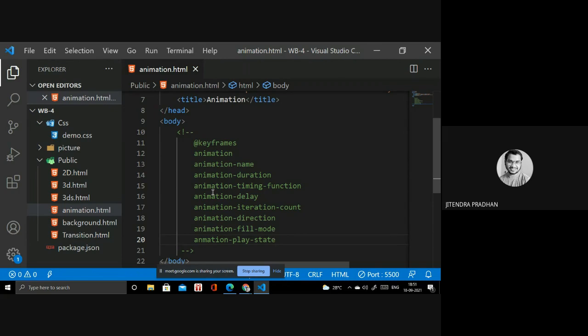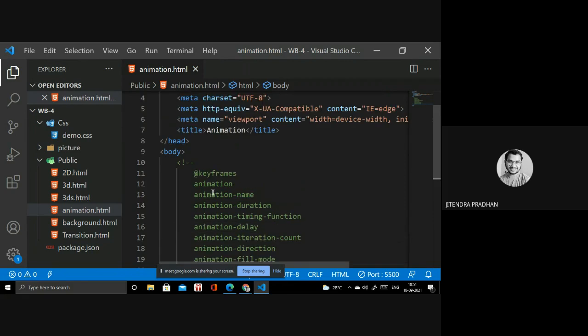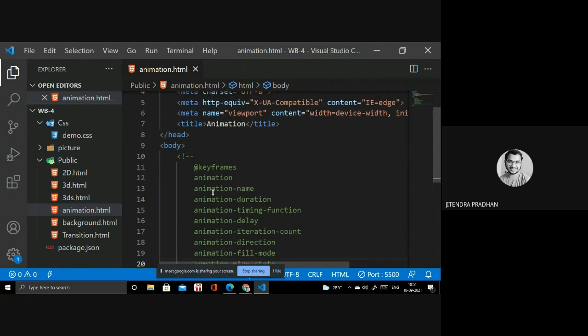Imagine a cartoon or a picture whose initial position is 0 pixels, and I want to move it to the left side by 500 pixels or 100 pixels. Then I need to write the CSS so that at 25% it is at the 100 pixel position, and at 50% or 100%, whatever you apply, it takes that position. Let's see how it works and how we need to code all these things.